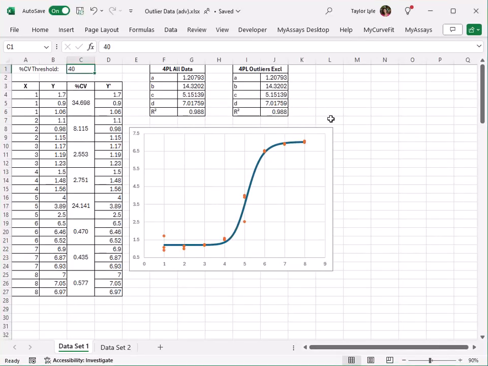For example, in this spreadsheet I have 2 data set examples. The first excludes entire calibrators if the %CV is greater than the defined threshold. I currently have the threshold set to 40, so all of my calibrators are included. However, if I update the %CV threshold to 15, you can see calibrators 1 and 5 have automatically been removed